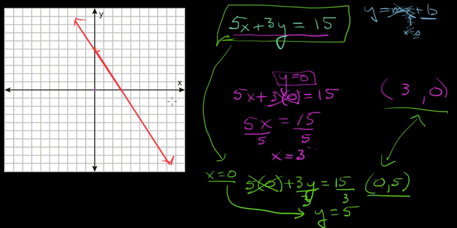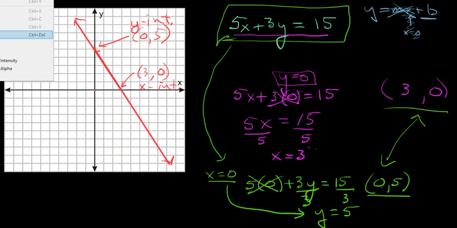That's the line. (3, 0), right there. (0, 5), right there. And this is my y-intercept. And this is my x-intercept. Now, usually we haven't talked about x-intercept much until now because we haven't needed to. A couple other things I wanted to show you here, and that is, I'm going to erase this here and